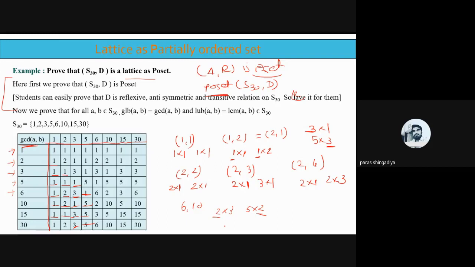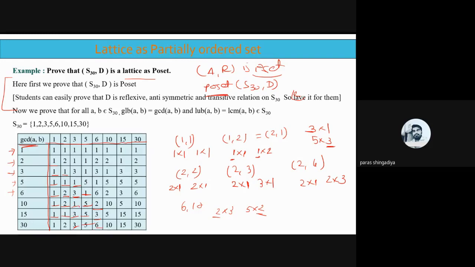And then after that 6 with 15. तो 6 का factor होगा 3 into 2 and factor of 15 is 5 into 3. So 3 is a common divisor. ठीक है? So the answer is 3. And then 6 with 30. So 6 into 1, 6 into 5 is 30. So the answer is 6. Clear? And use this value in this column. In the fifth column, 2, 3 and 6.